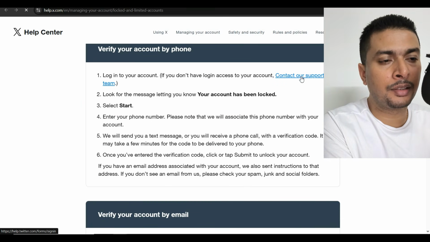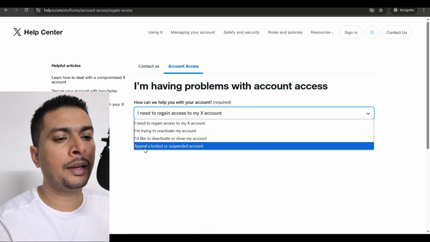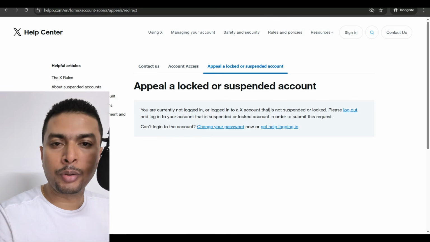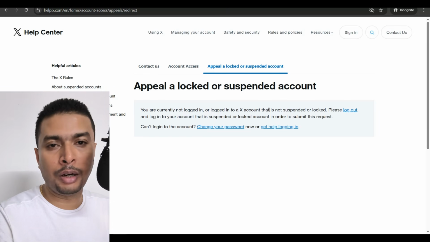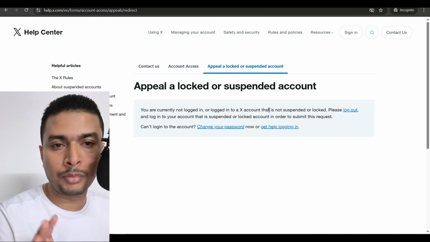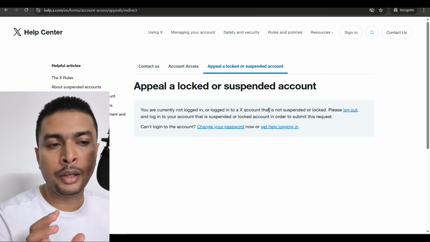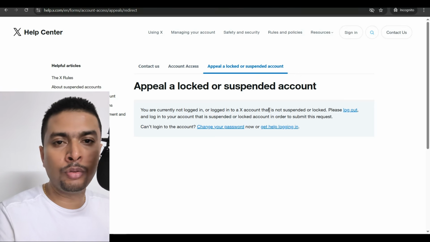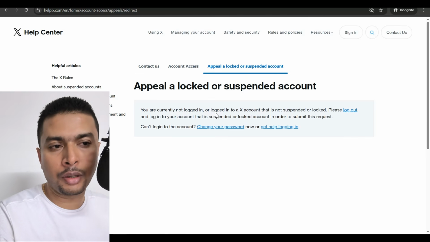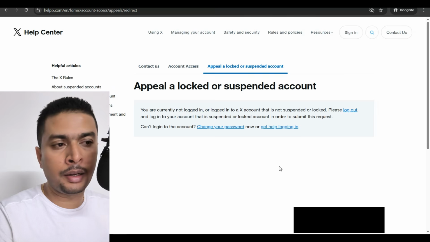Click on this link. Here, for the first option, you need to go ahead and select appeal a locked or suspended account. And then out here, you're going to be prompted to log into your Twitter account. Okay, so after you log in, you get that notification telling you your account is suspended. You should get an option to appeal the decision. Okay, you are just going to click on that link,